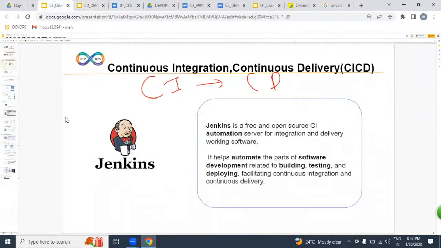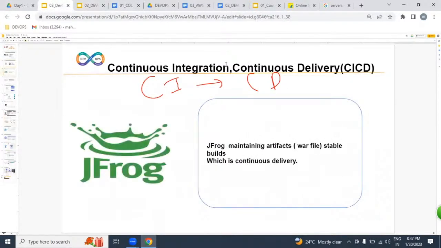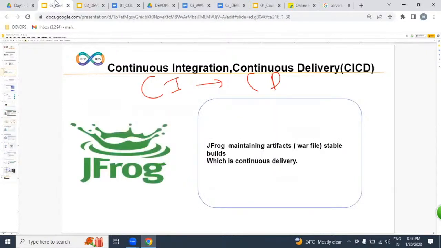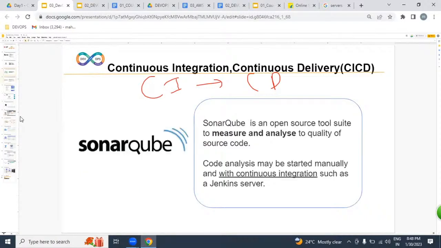And JFrog is nothing but what? An Artifactory, which you call a release. We are going to be storing working software in which server? JFrog server. That is what we call a release. And we are going to be learning SonarQube. SonarQube is nothing but a code analyzer.